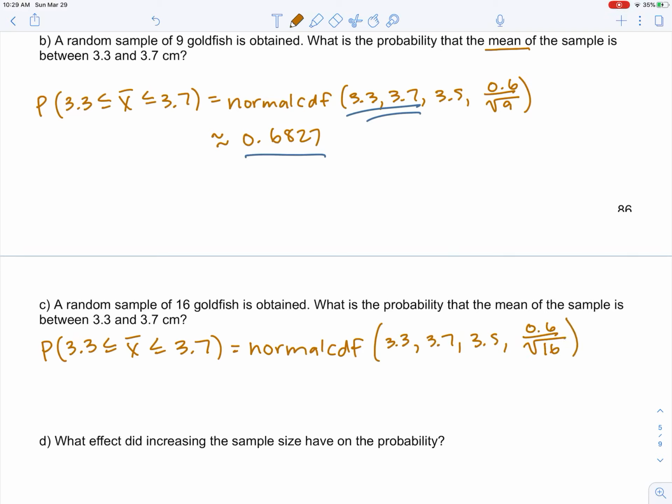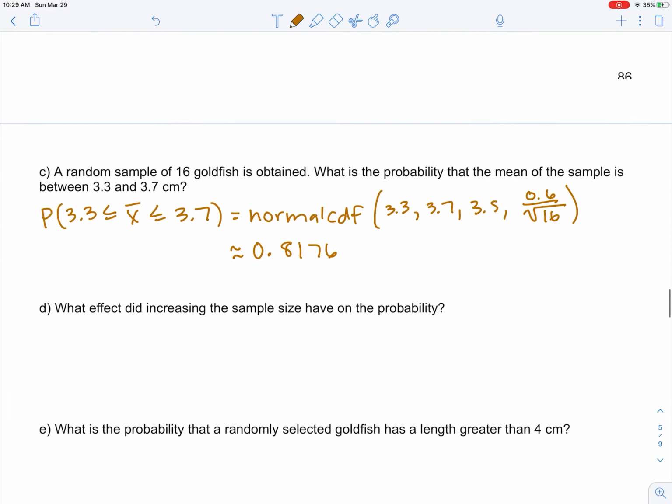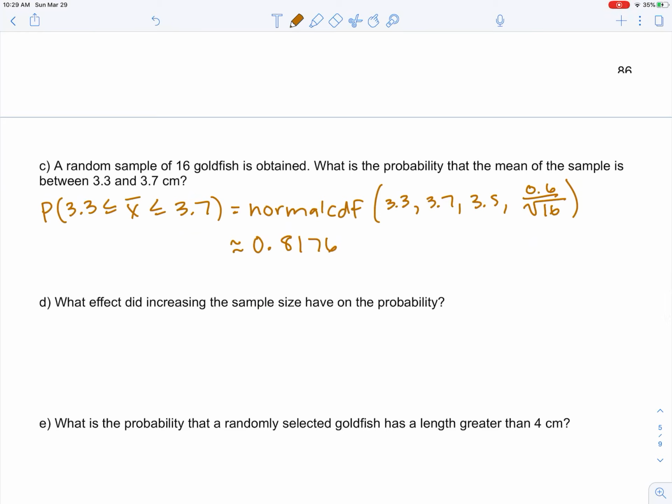This time, the standard deviation changes depending on the new sample size 16. So I'll put this in the calculator. So you'll see that this probability is now even higher than the previous two. What effect did increasing the sample size have on the probability? The probability increased